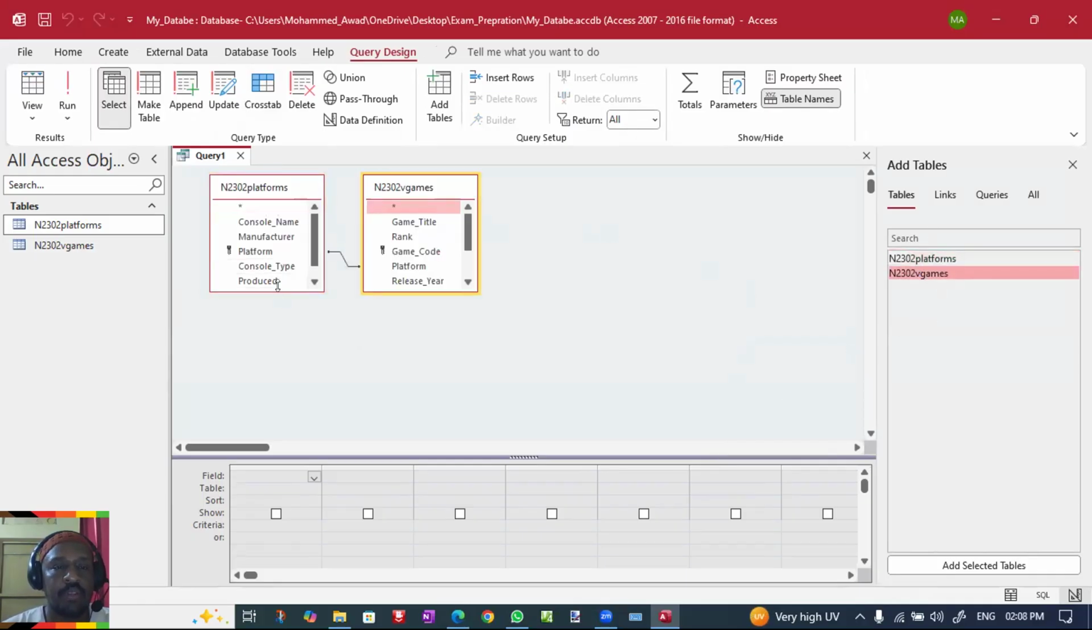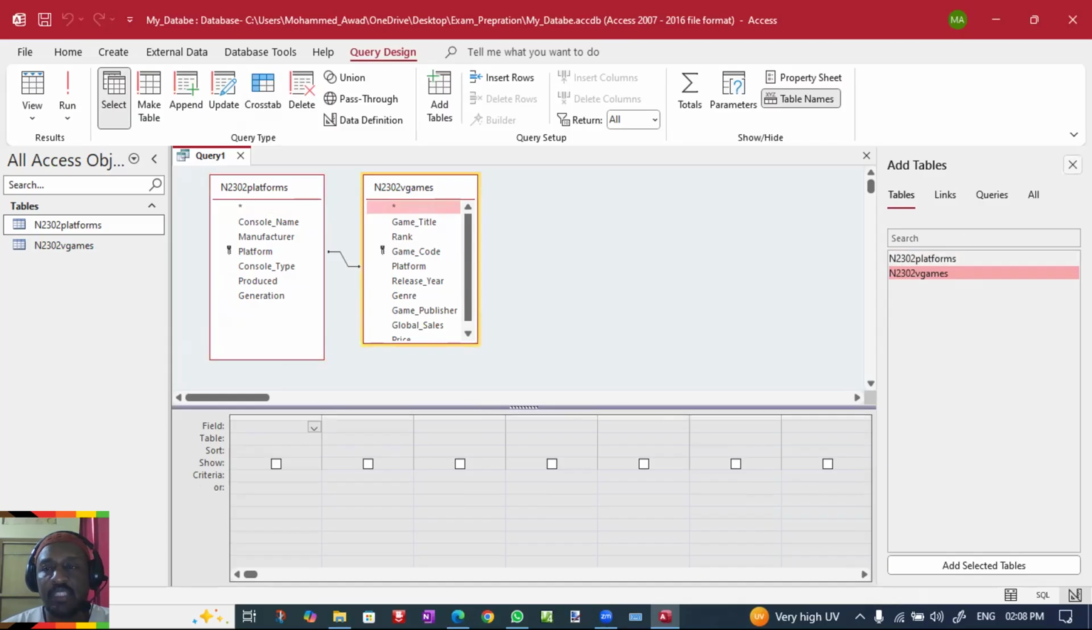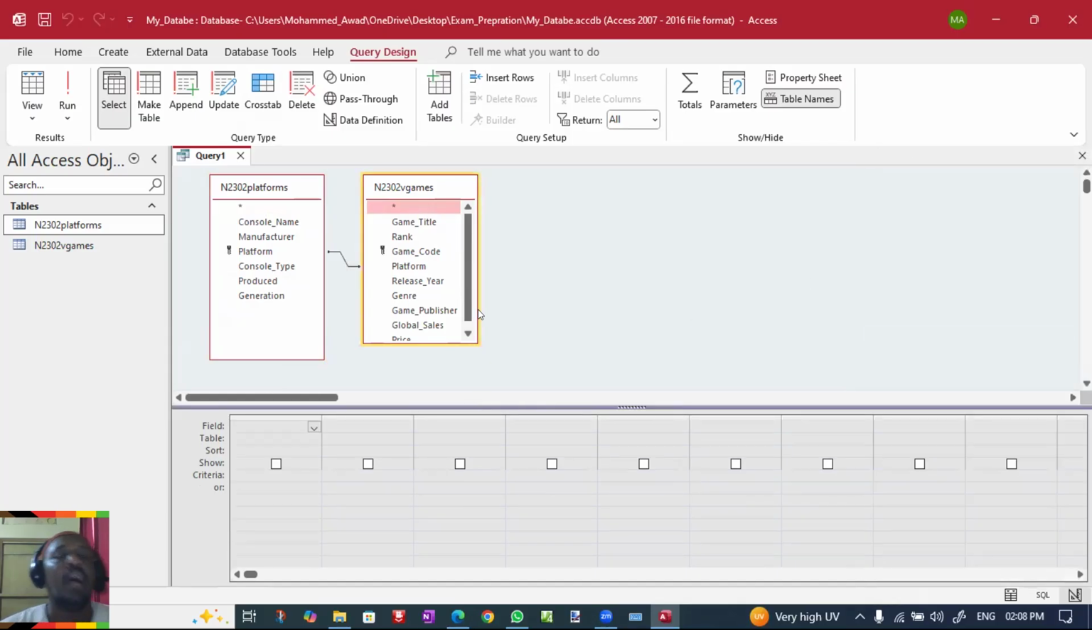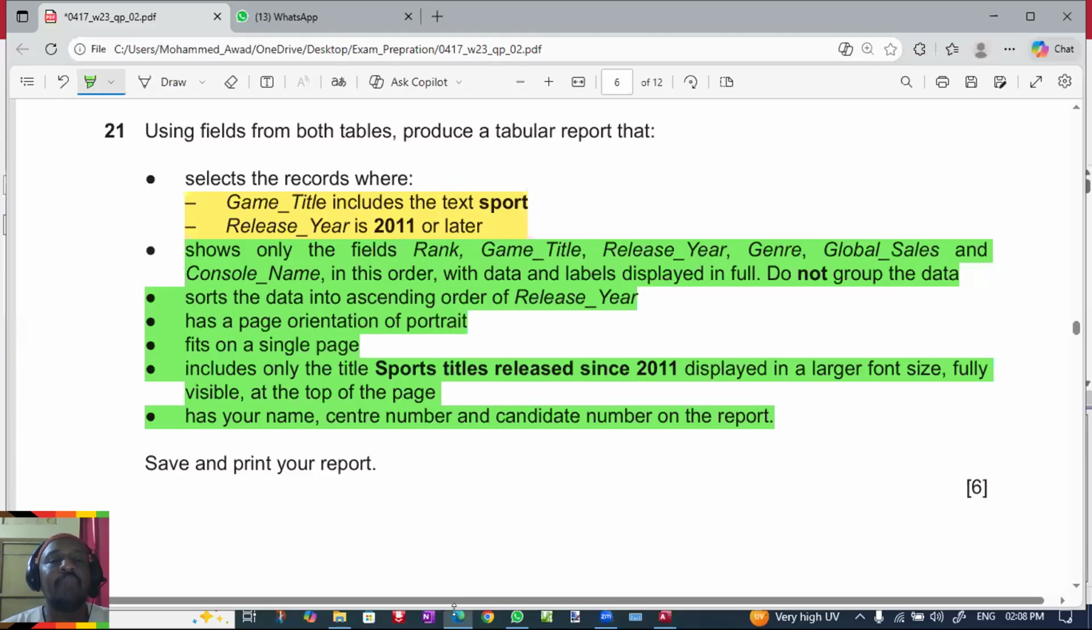I can open the tables by double clicking on each and every table. Then, as you can see now, I can close this one. It shows me all the fields of the table. According to the exam, they asked me to select specific fields from both tables. The first fields are rank, game title, released year. I am going to select the fields according to